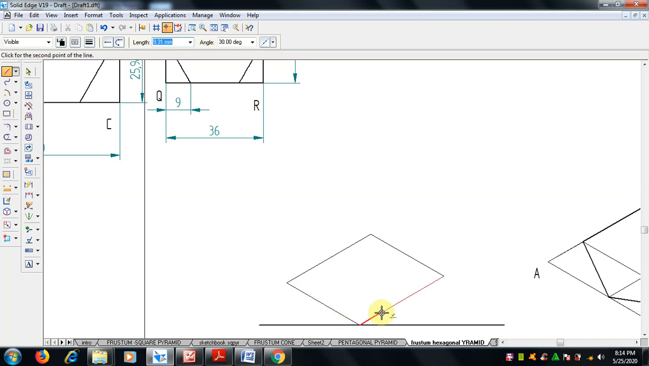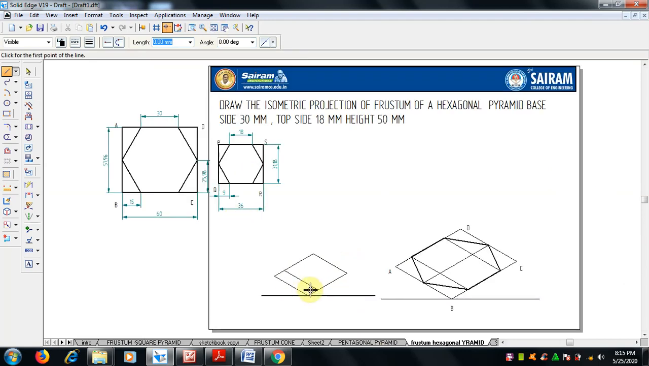Q to here 9 mm, enter at an angle of 30 degrees. The same 9 from here to here, enter at an angle of 30 degrees, and you will get this parallel, right? 9 is over, and 18 from here to here, 18. So